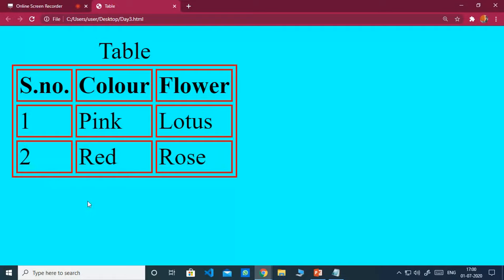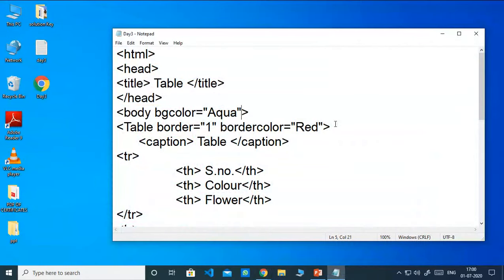Now we will use BG color with table. So we can use the BG attribute with table also, and we'll see what will be the result. Color is equal to, let's say, green.